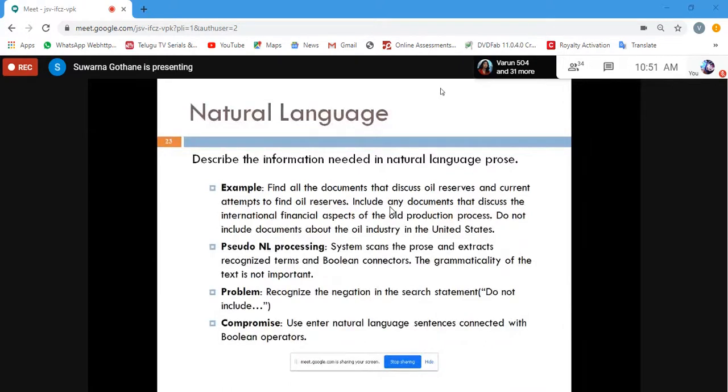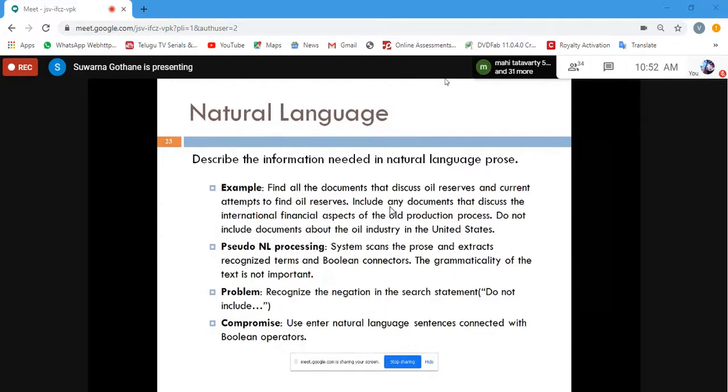See, this is an example where a query has been fired. It says: find all the documents that discuss oil reservoirs and current oil reserves also.